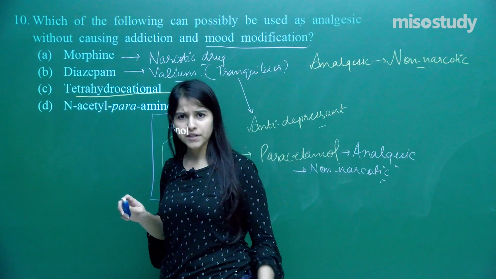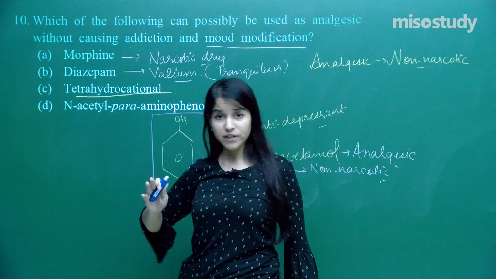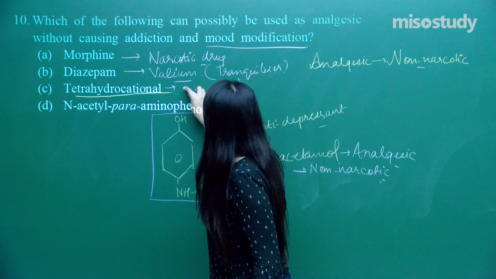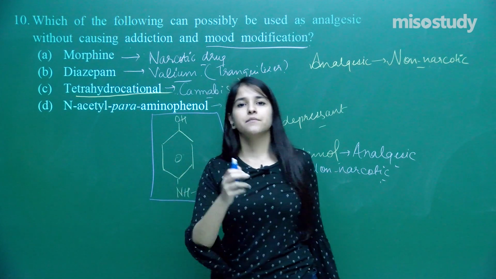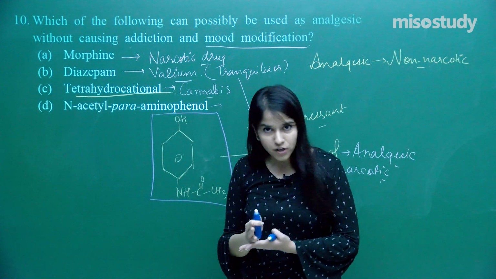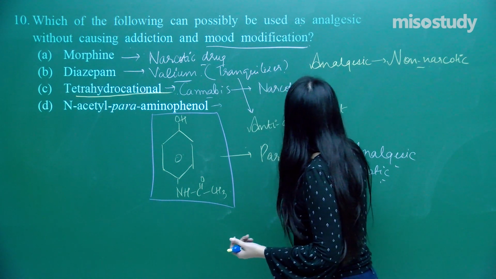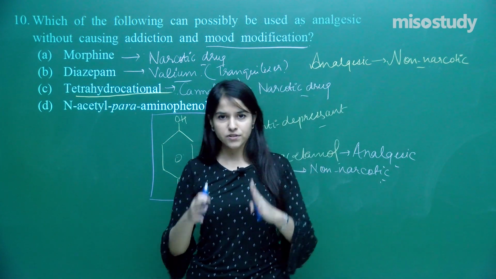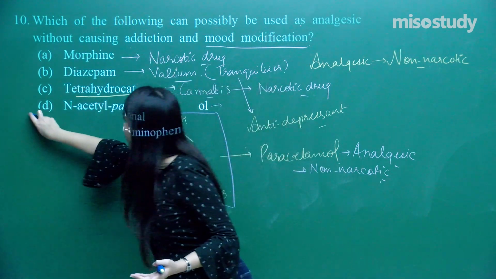So I need not go over here because this very option satisfies our demands, what is demanded in the question. But if you look here, just for your information, this is derived from cannabis. What is cannabis? Cannabis is nothing but marijuana. So that is again a drug, a narcotic drug. So derived from cannabis, a narcotic drug. So you might not be familiar with certain options within the question, but you can always use elimination. So that is what it is, and we have got the answer over here.